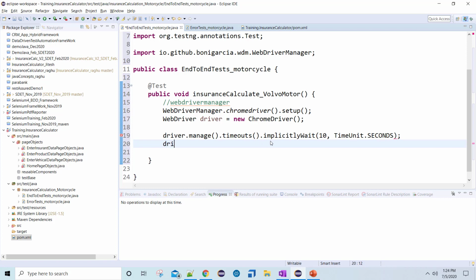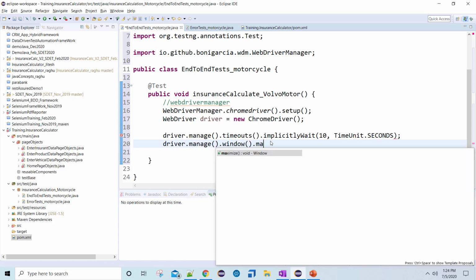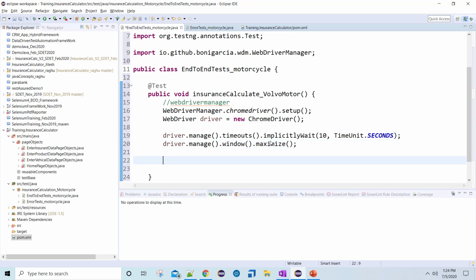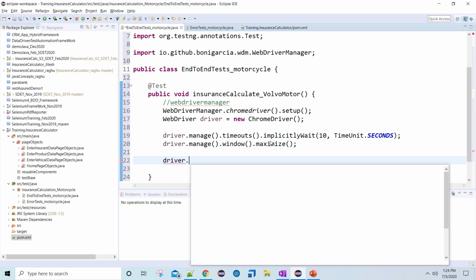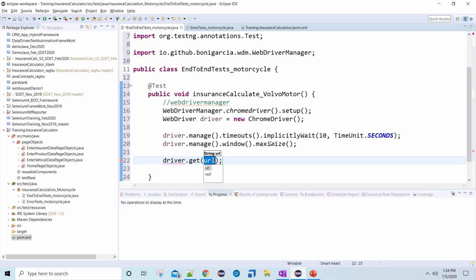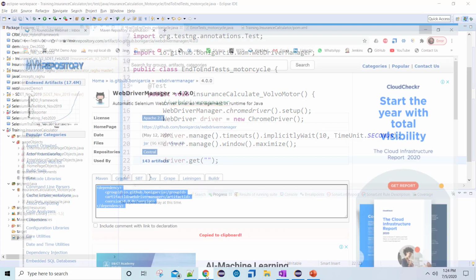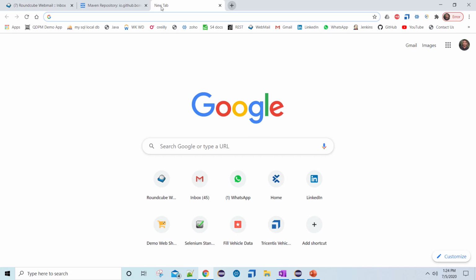Let me maximize: driver.manage().window().maximize(). And now I will navigate to my application with driver.get. What is my application URL? Again, this application URL we are going to put into a properties file. So my application URL is this.